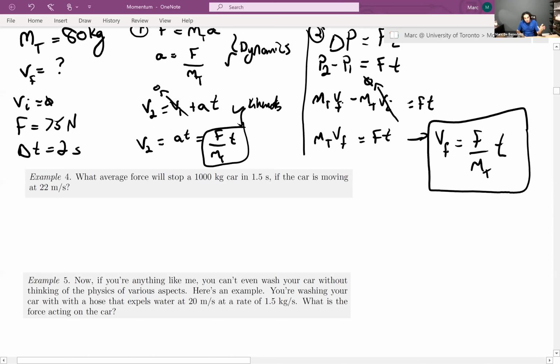For those of you who do drive vehicles, your car probably weighs about 1,000 kilograms. Actually, it's probably more. 1,000 kilograms is a light car. But anyway, on the low end, right? And if you have to stop the car in 1.5 seconds, that's 1 Mississippi, right? That's 1.5 seconds. It's quite a short amount of time. So pretty much this question is saying, think about if you were driving your car at 22 meters a second,